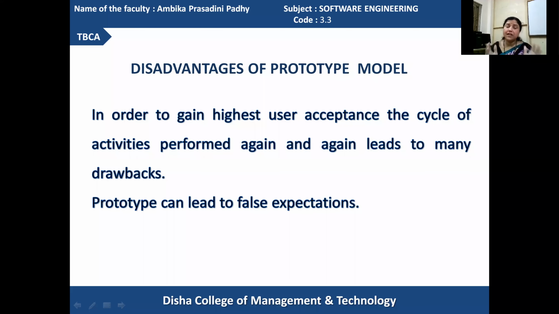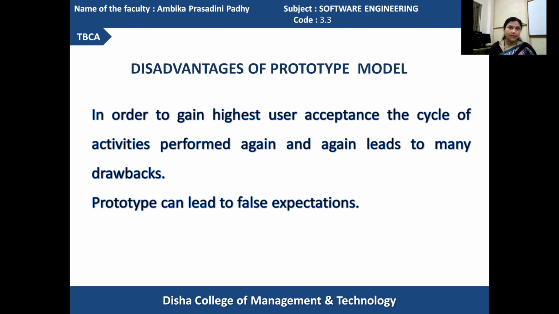So when your prototype model is going to give this much benefit to you, and you can develop an interactive system, you can develop the graphical user interface part of the system, then you may have to compromise in some regards and use it for solving that type of problems, for using your prototype model.